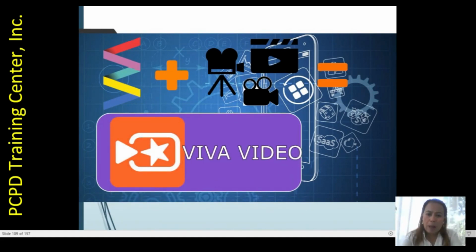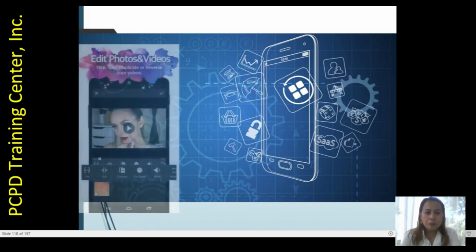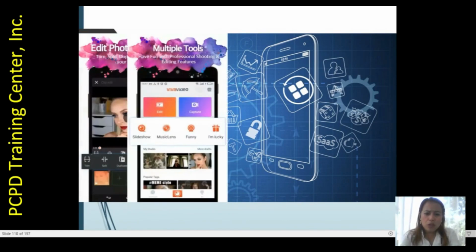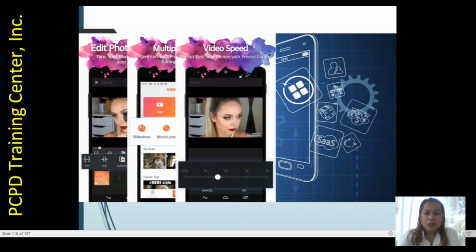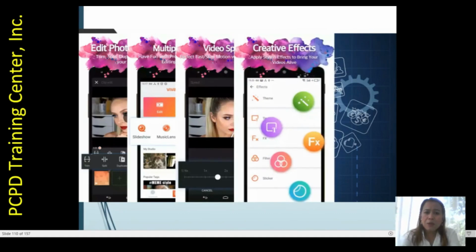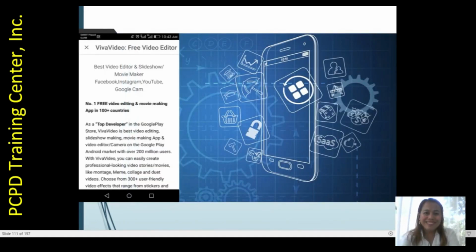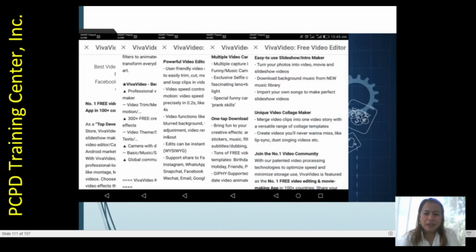We also have one app wherein you can make a video, edit it, and share it with your friends. It's called Viva Video. You can edit photos and videos, and choose from multiple tools to make them more beautiful and interactive. You can also adjust the speed and other creative effects that you can calibrate in your videos. From this, you can let your students enjoy a versatile range of collage templates